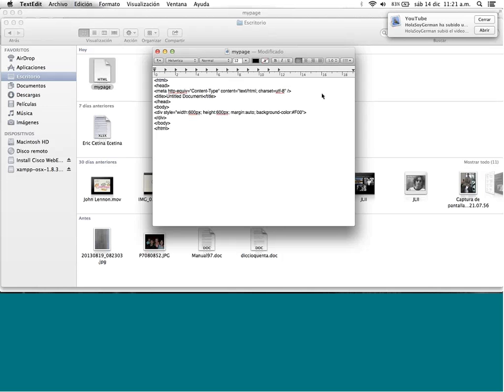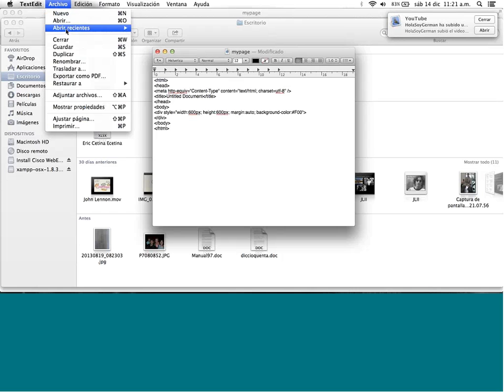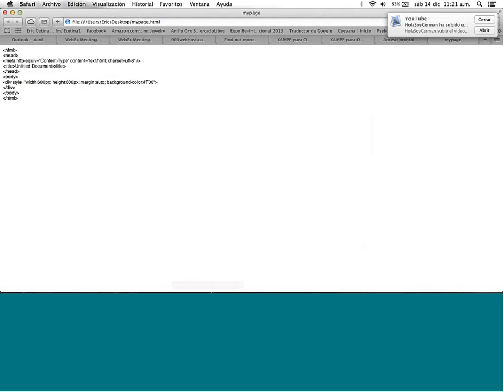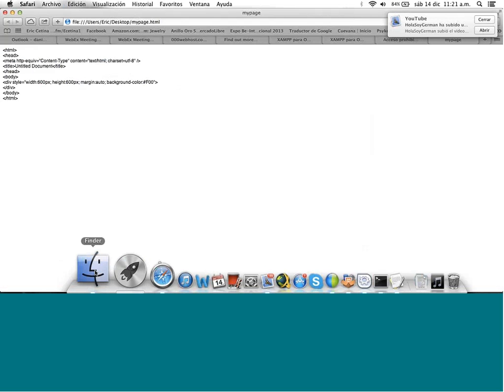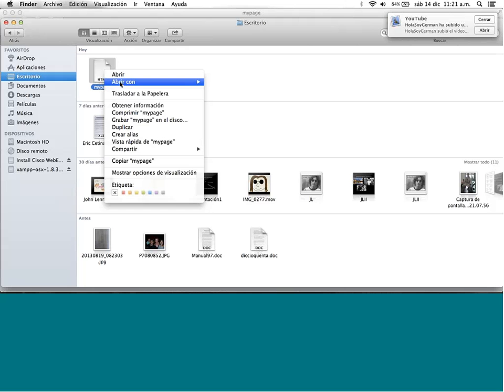Okay, good. So then file save that and let's see if this displays in your browser. File save it and then go to your desktop where that file is. Double click on it, or right click on it and open it with one of your browsers. He only has Safari. Okay, so this is the problem. So now what we have to do is